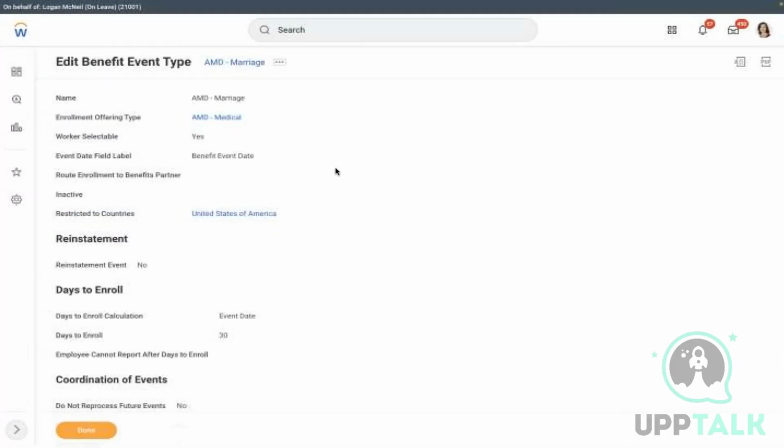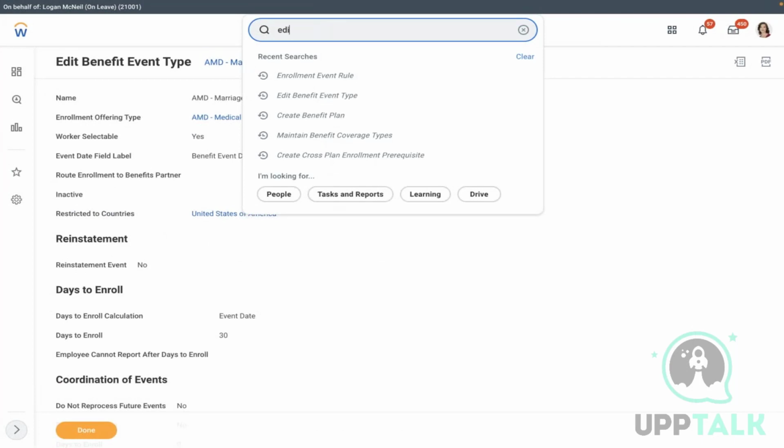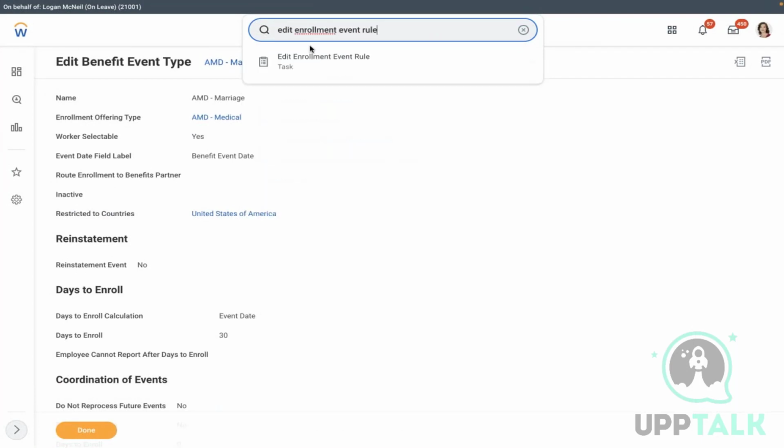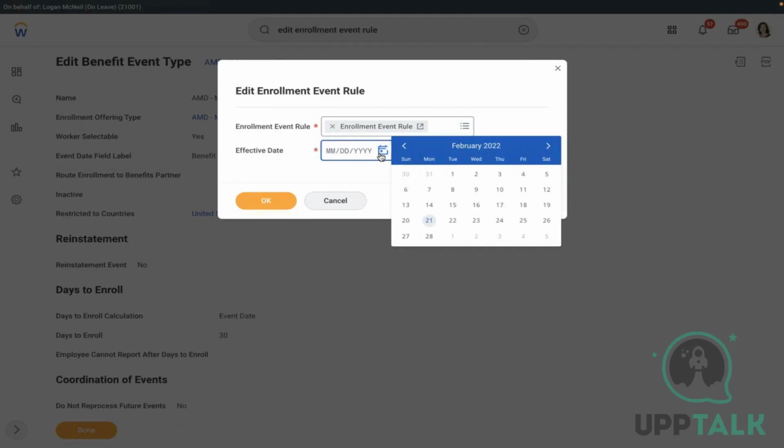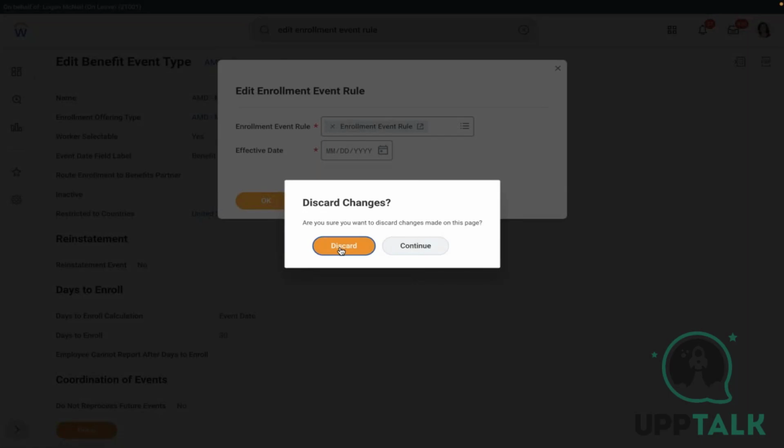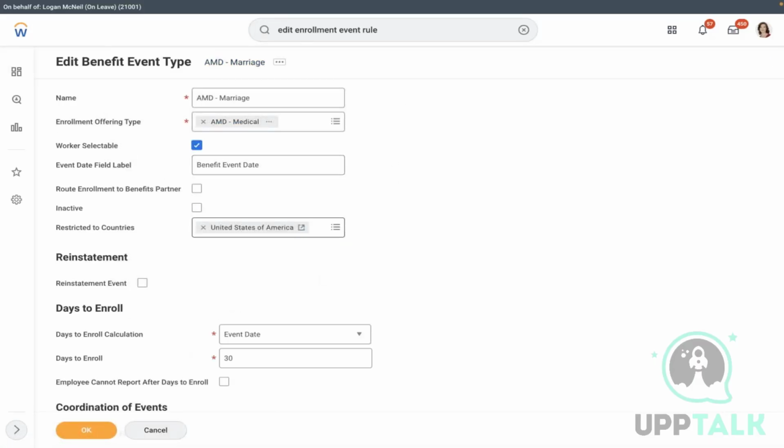Okay, right. So now, edit enrollment event rule. Let's assign our new coverage. Oh, I'm sorry, again, that is not required. This is not required. The reason is we have created one coverage type, and the same event we are grouping on. Okay, what I'm trying to say is